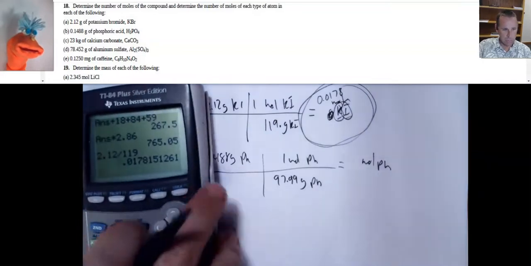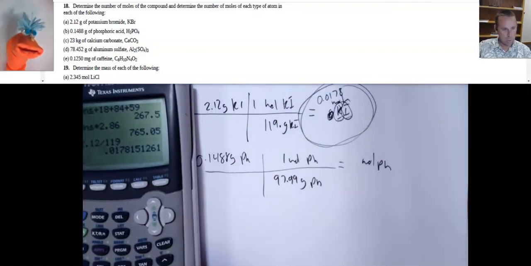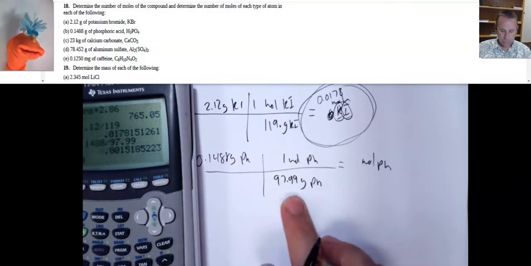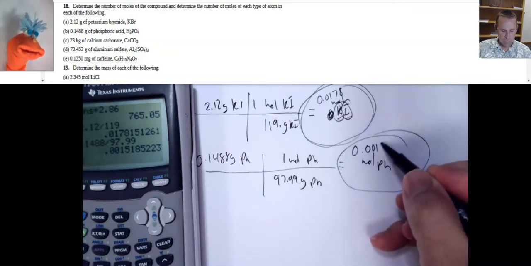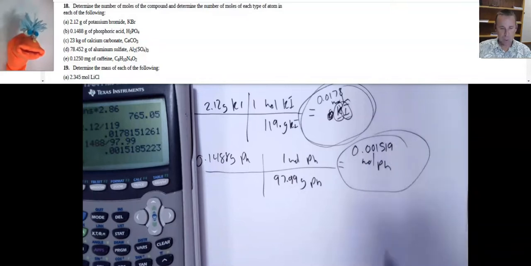So 0.1488, double checking here, yeah, 4 significant digits, divided by 97.99. That's how many moles of phosphoric acid: 0.001519, 4 significant digits. Now, the number of moles of phosphorus is the same as the moles of phosphoric acid